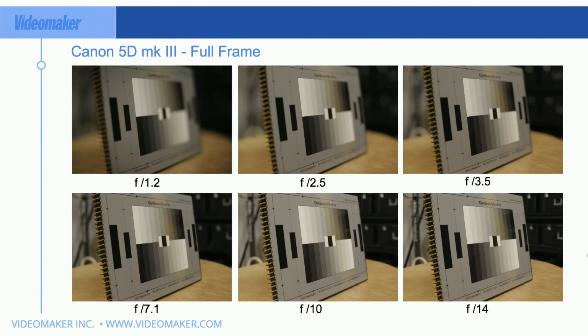Now, you can't make out the cases in the background, and I know what they are because I shot them. You can't even start to tell they have handles or what they are until F14 there. So this is a 50 millimeter lens, and you can see how much depth of field you have at all f-stops. I remember getting really excited about my first really nice lens, a 50 millimeter L series Canon EF lens, and it's f1.2, and I was like, oh my gosh, finally.